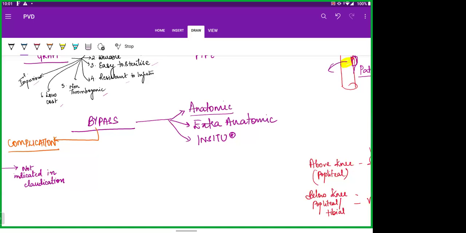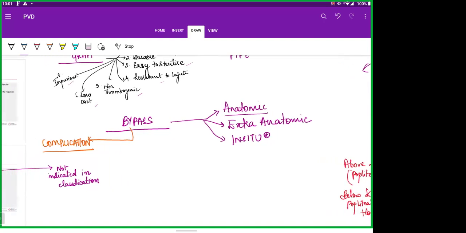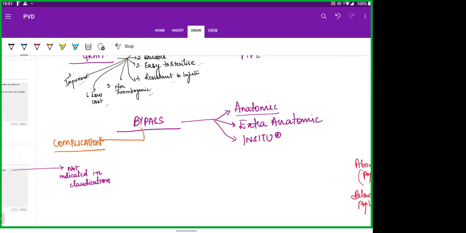Also, recently, the results of both interventional vascular procedure and open bypass for an iliac disease are almost the same. So technically, most of these bypass grafting procedures have been taken over by the endovascular techniques these days. And when we talk about the complications of bypass, like edema, hemorrhage,